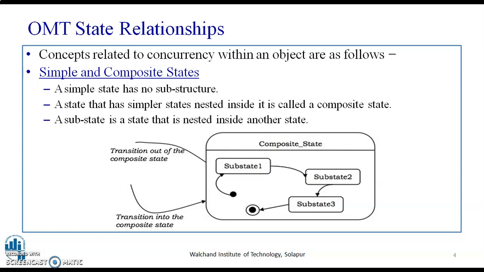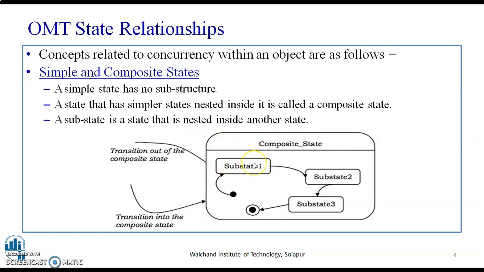Concepts related to concurrency within an object are as follows. It basically consists of two important relationships about state. The first is a simple state and the second is a composite state. So what is a simple state? A simple state has no substructure, whereas a state that has a simpler state nested inside it is called a composite state. As you can see in the diagram over here, this is a composite state which has simple states